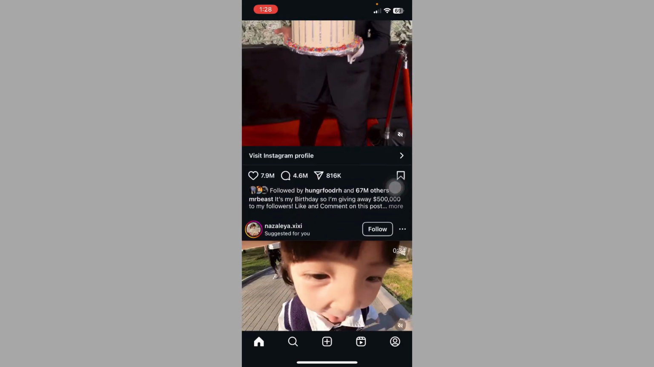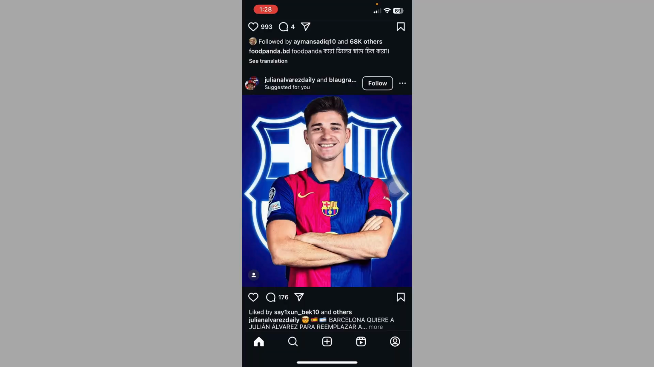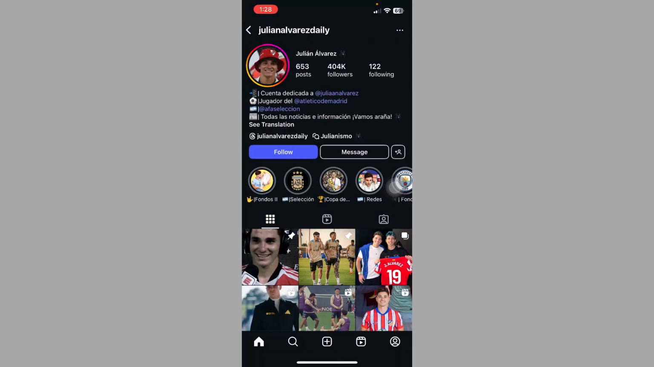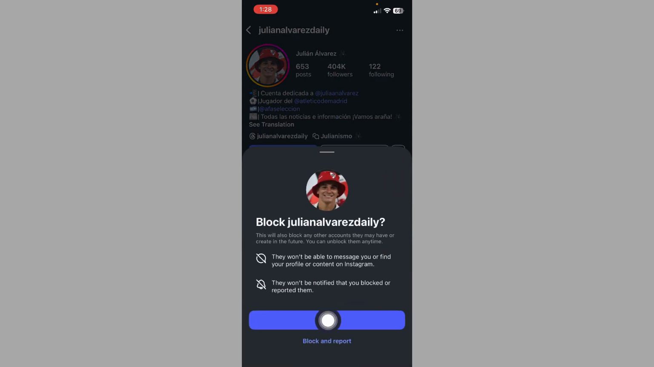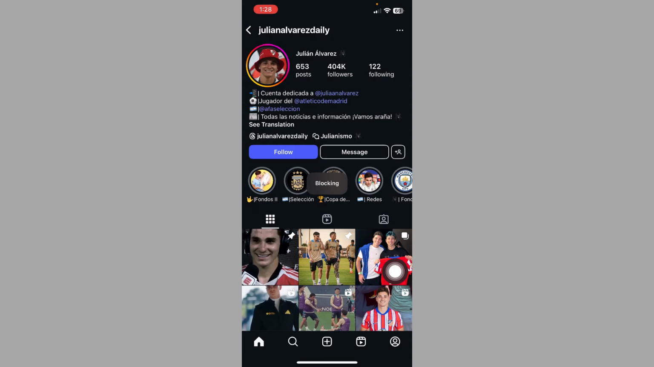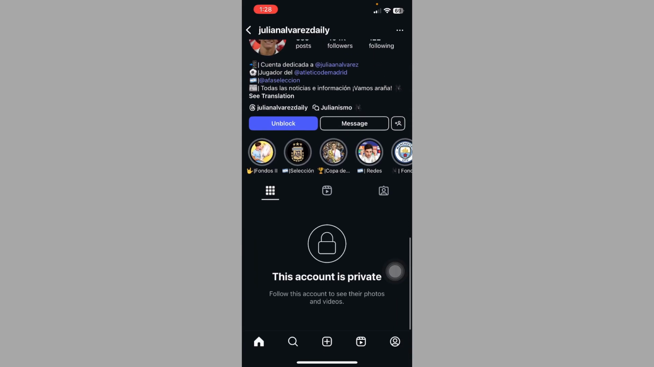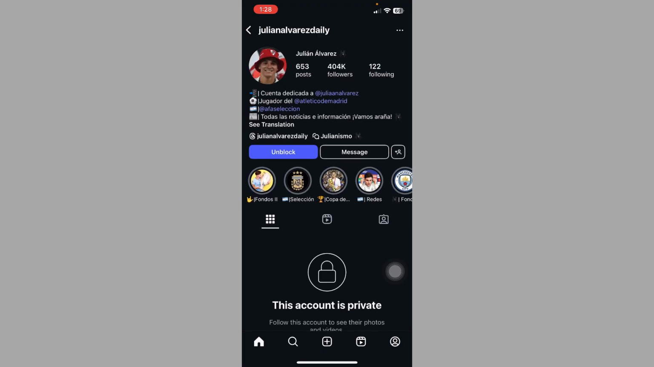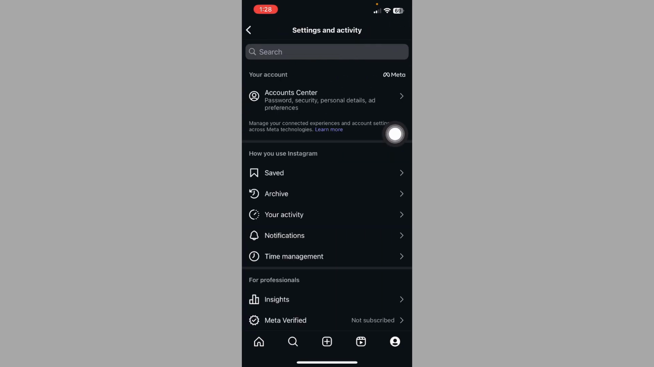Okay, choose someone to block. Click this person, tap on the three dot option and click on block. Just click and tap on block. Okay, this person is blocked. Now click on your profile, tap on the three line option